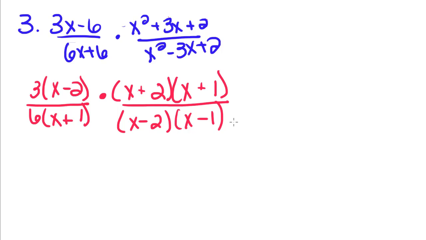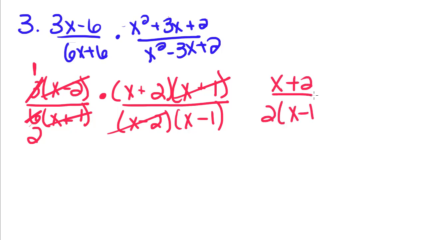So now we look on top and bottom and see if any of these factors will cancel. Since they won't, we can cancel this 3, because 3 divided by 3 is 1, 3 divided by 6 is 2. Now we can cancel diagonally. So this x plus 1 will cancel with this x plus 1. This x minus 2 will cancel with this x minus 2, and we'll be left with x plus 2 over